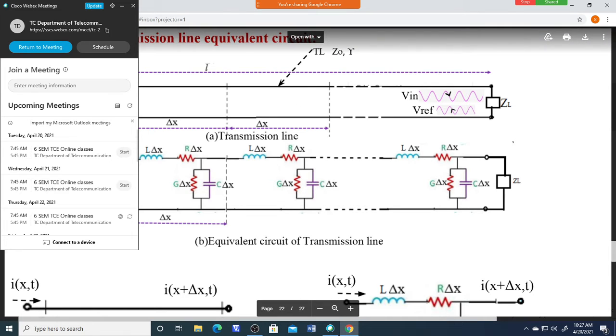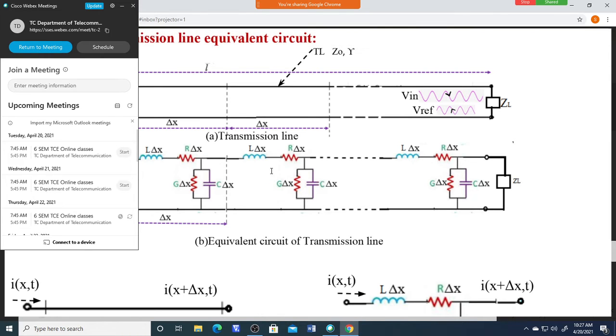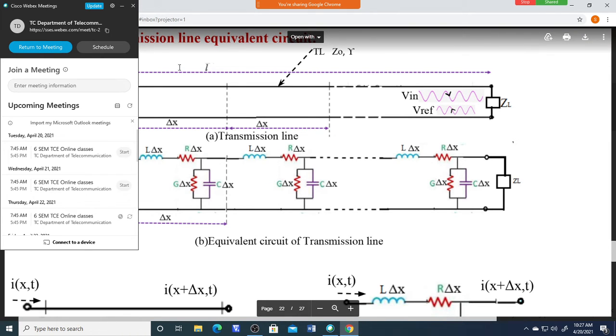So this incident wave, the source is connected here, the wave is transmitted like this. But because of these components, you see, R is there and L is there. The wave while traveling like this, its amplitude goes on reducing like this. The amplitude of the incident wave goes on decreasing as the distance increases. See, this is the distance, x direction, forward wave, this is called the forward wave, towards the load, and its amplitude decreases as it travels over the transmission line. As the distance increases, the amplitude of this wave decreases like this.